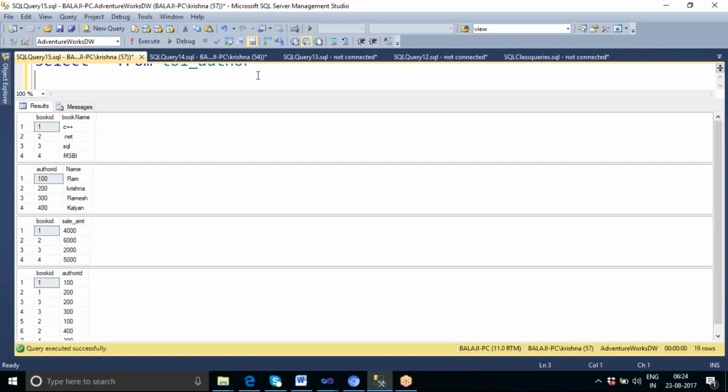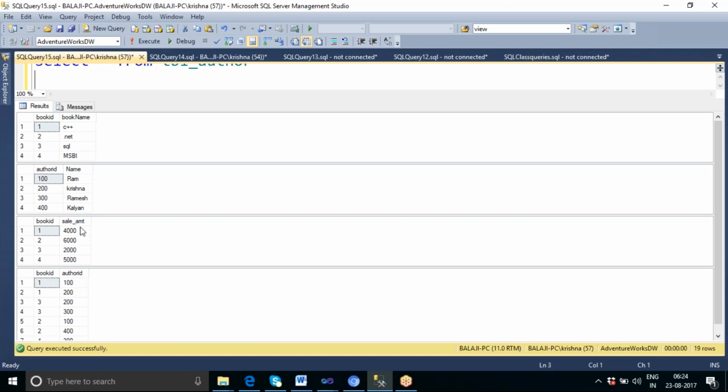Now you can see here I have 4 tables, in which I have book ID, book name, author ID, and his name. And this is called the sales table, which is a fact table, which contains the entry whenever any book got sold. I will enter the book ID and sale amount. And in order to get the authorized sales, I have introduced one intermediate table, or bridge table, or we can call it a factless fact table, in which I will have the book ID and author ID information.